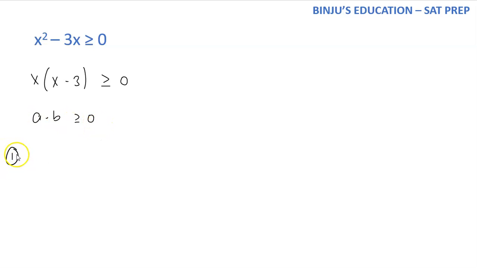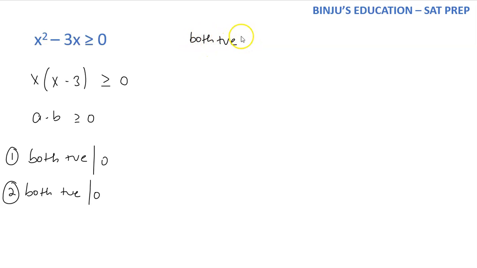So the only difference is that, if I say a into b is greater than or equal to 0, so first case you can say that they both can be positive or 0, because 0 into 0 will also give you 0, because the expression is also equal to 0. And second case you can say that they both are negative or 0. So it's just that there is an additional thing which is equal to 0. Alright, so let's see how we can solve this one. So I'm going to take the first case when they both are positive or 0. So I'm going to have x greater than or equal to 0, and I'm going to have x minus 3 greater than or equal to 0, which will give me x is greater than or equal to 3.